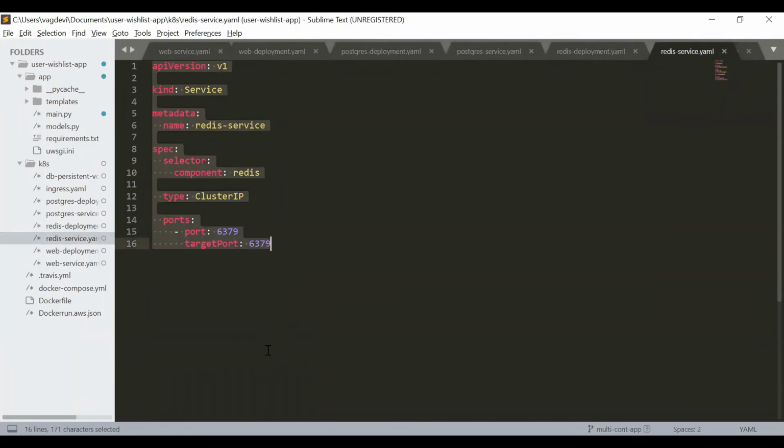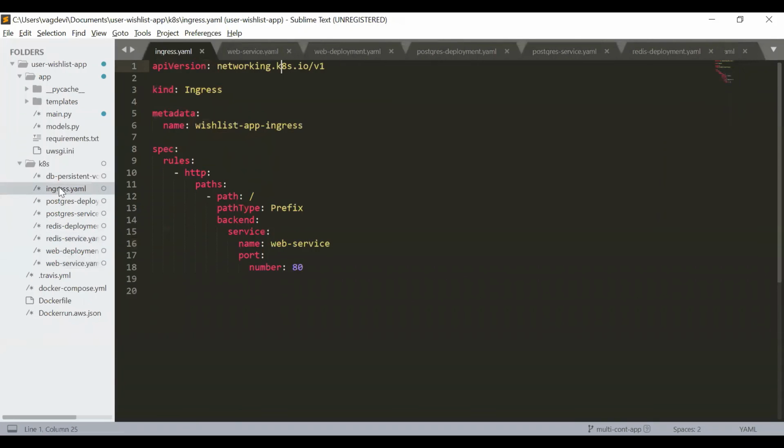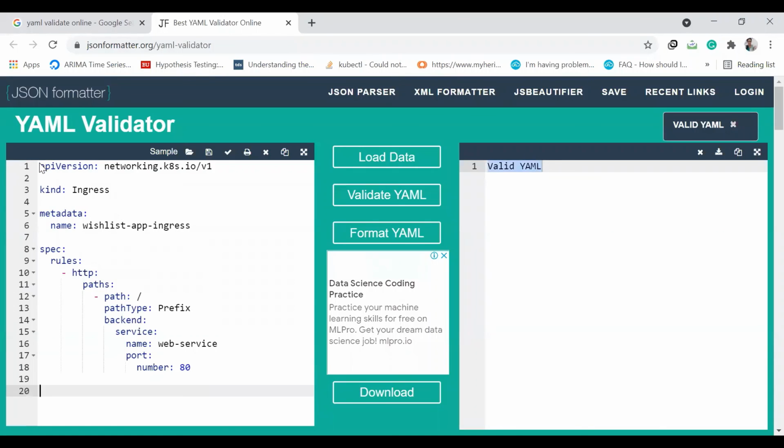Now let us proceed to check the Redis service file. This one, Control A, Control C, and switch to the interface, paste it, and validate it. So it's valid again. Again, let us proceed to check the ingress file, Control A, Control C, and this, valid YAML.